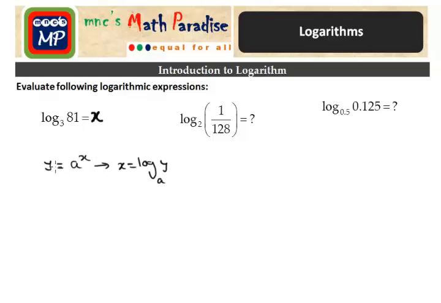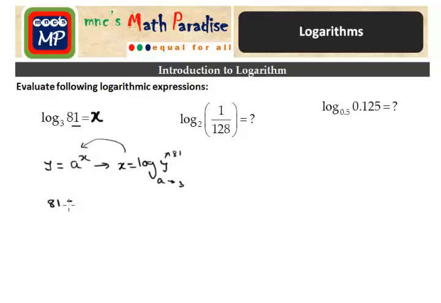So from here to here, but if we go there to here, that means from log to exponential function. Here x equals log 3 base 81. So here this a value is 3, the base is 3, and this log value y is 81. So if we convert it into exponential form, then this value, that is y, the value